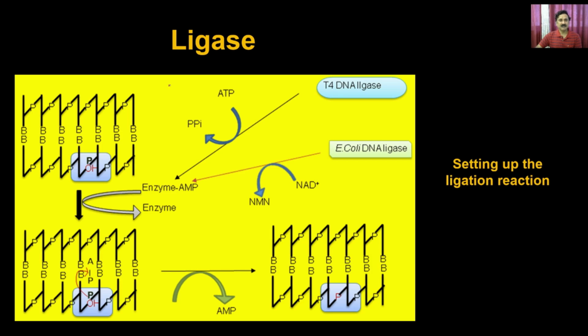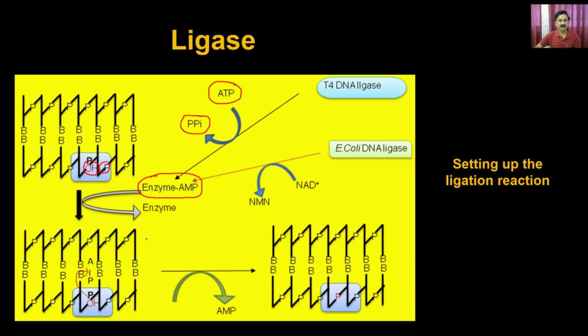So you can imagine the ligase is processing the ATP and generating pyrophosphate, or PPi, and in that case the AMP is sticking to the enzyme, and then this is the bond, right? You have an OH on this side and you have a phosphate on the other side. This bond is missing.